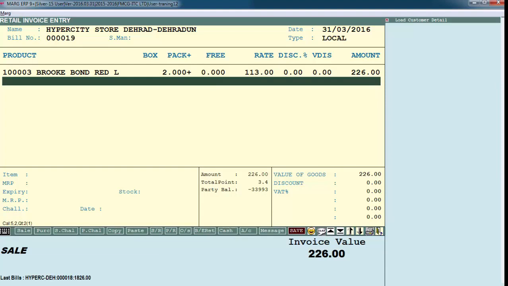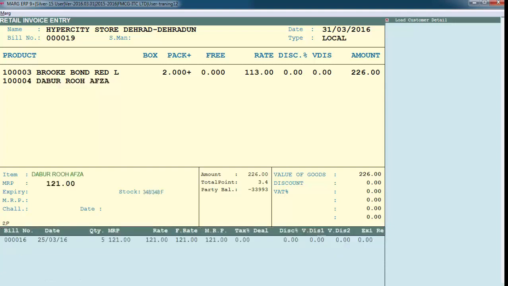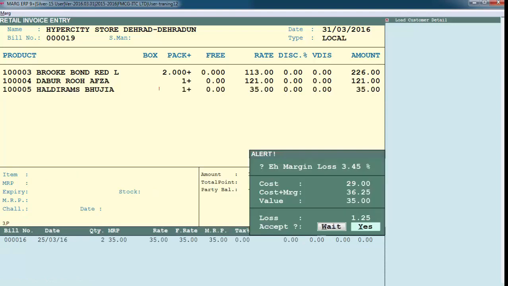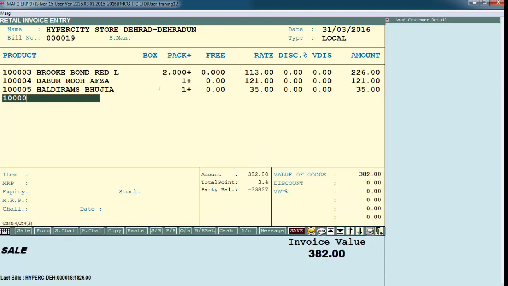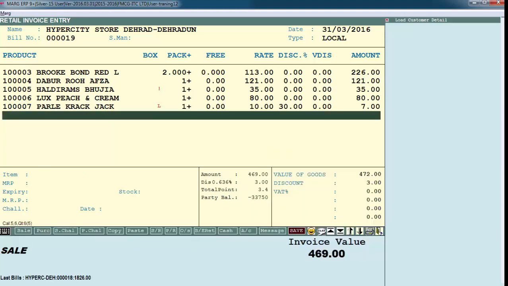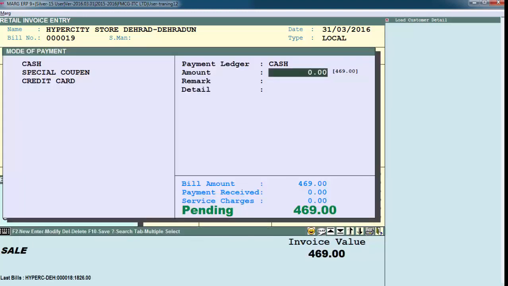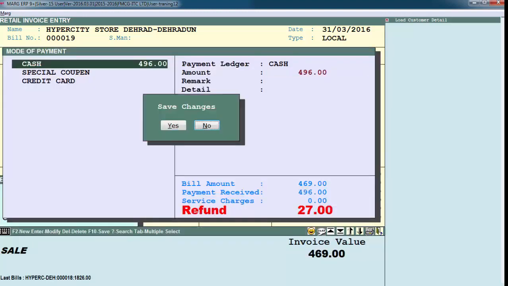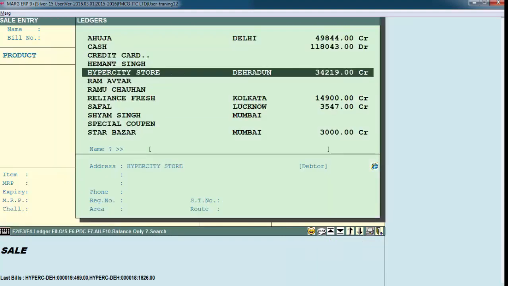Also, you can do barcode scanning. Like I'll show you. You can scan the barcode here and the software reads it. So you can keep scanning your items and it will load here. Now we'll save this bill. And another speedy way of billing is fast billing mode. So I'll show you how it works.